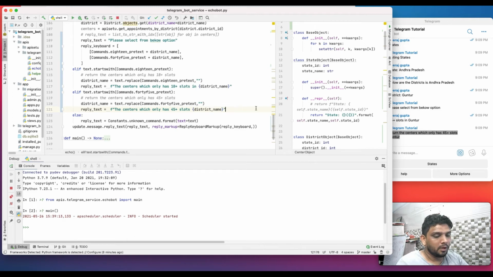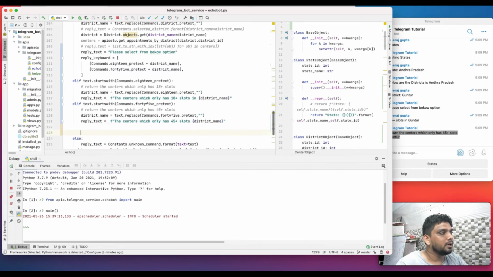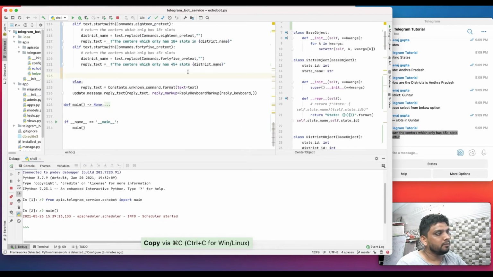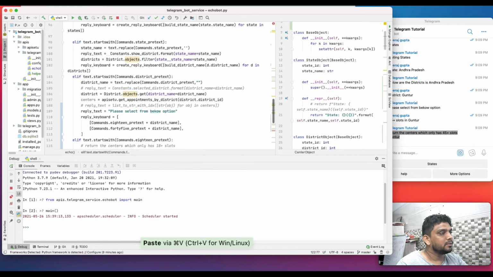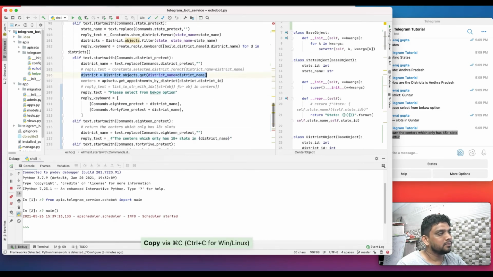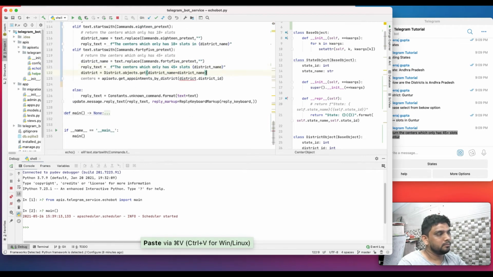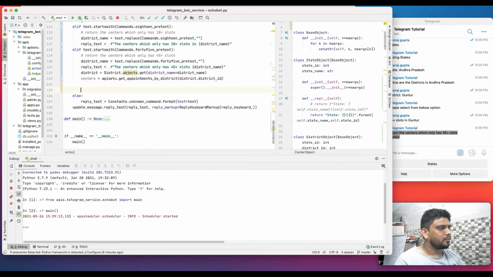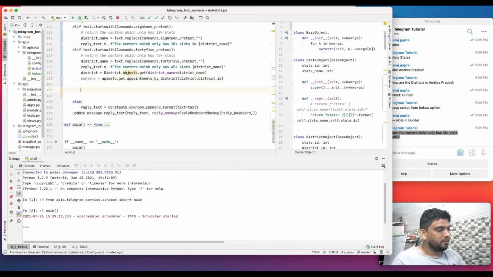So now the only thing which we need to do is get the centers, get the centers' names. So by this method, of course, we will get the centers. So first of all, we need to get this as well over here. So once we have district, once we have center, now we just need to check how many centers we have right now for this stuff. So let's say these are the centers. We can say selected centers.